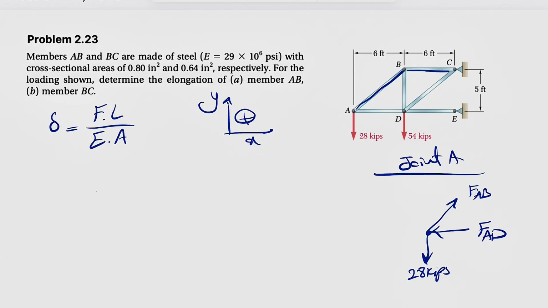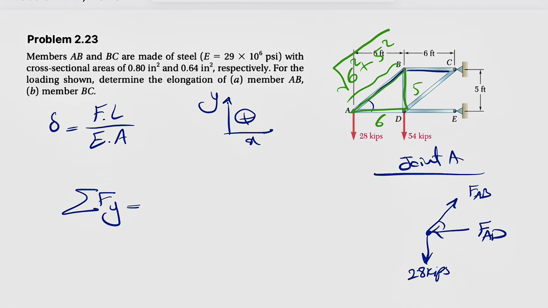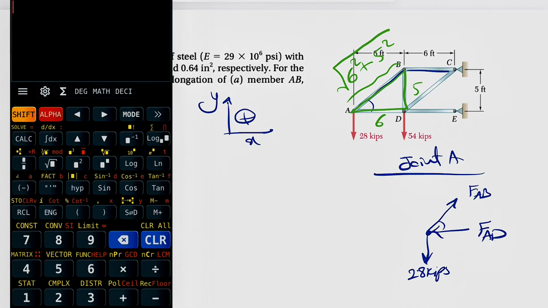We're going to use our equilibrium equation, sum of all forces in Y equals 0. We have the same thing for X, but since here we are interested in FAB, we're going to do the sum of all forces in Y, and for that we need to figure out the angle. If we look at this right triangle that I'm highlighting in green, we have 6 feet here and 5 in here. To find the hypotenuse, we use the Pythagorean theorem: the square root of 6 squared plus 5 squared,